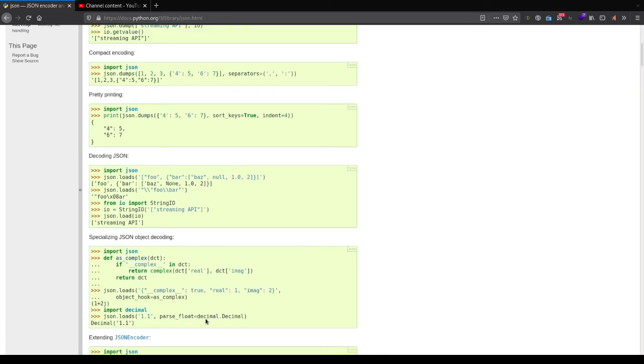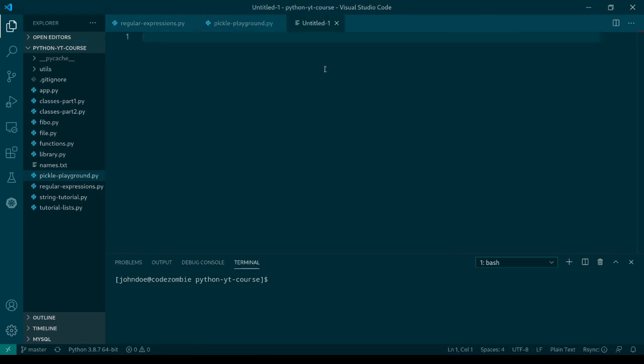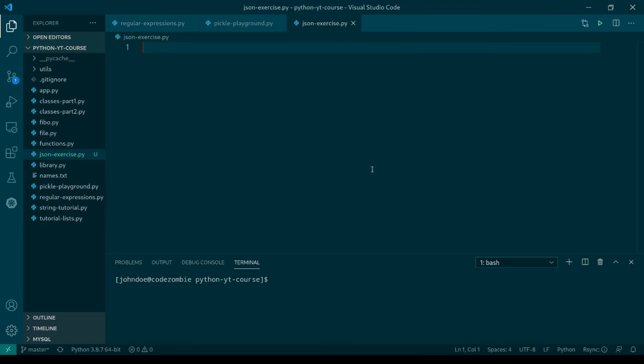All right. Now let's get to action and see how it works in code. I'm going to open Visual Studio Code and create a new script. This new script, I'm going to call json_exercise.py. First we import json,